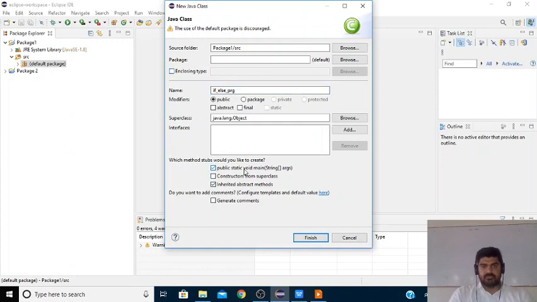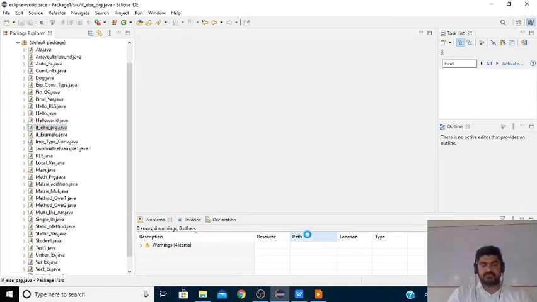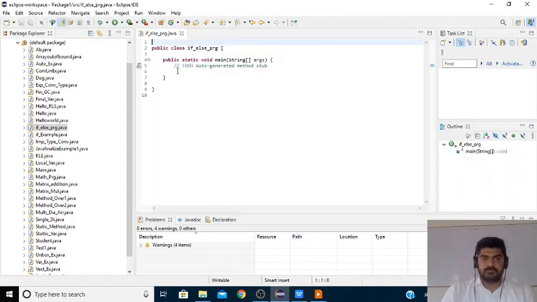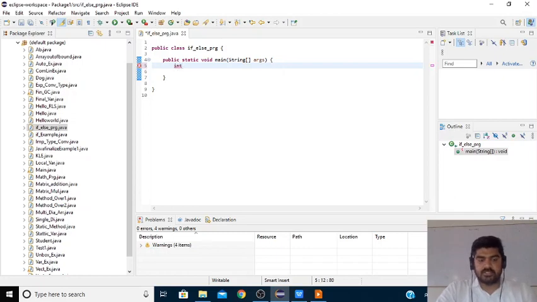Yes, we require the main method, and click on finish. Here we will create an array, int num equal to, and insert some values: 50, 51, 56, 65, 87. These are the values inside the array.